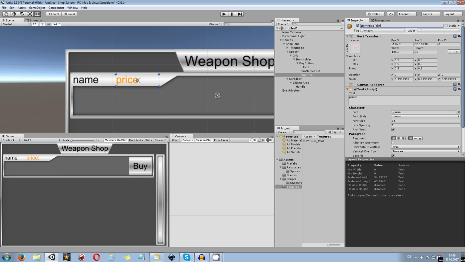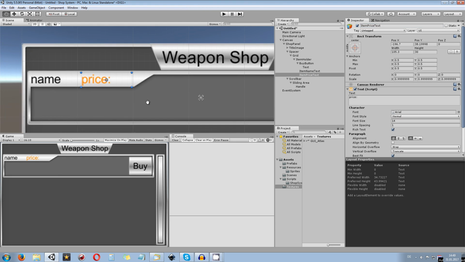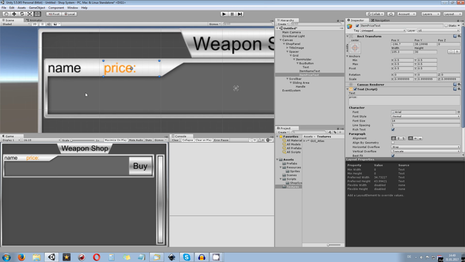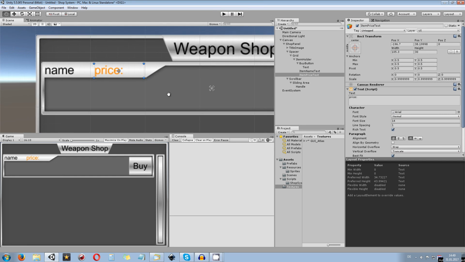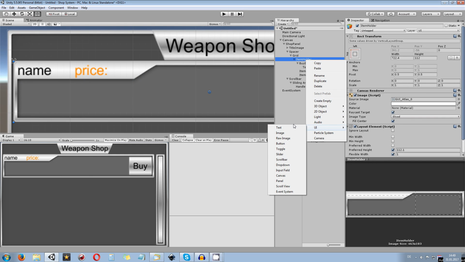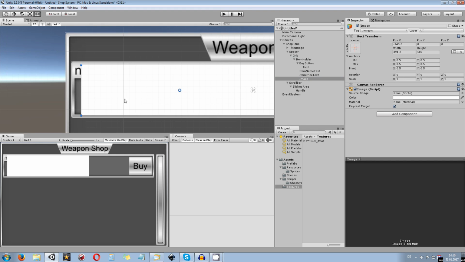So they will be filled automatically later on by script. Okay, and now what we also need is a sprite, or an image component directly in that particular piece in here. So I'm going to select item holder once again, create a UI image, and now we're going to place, at first just as a